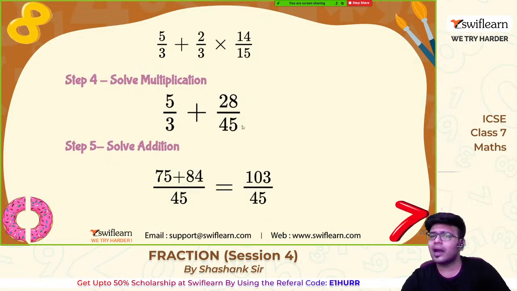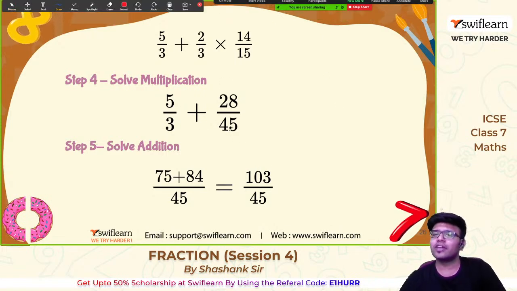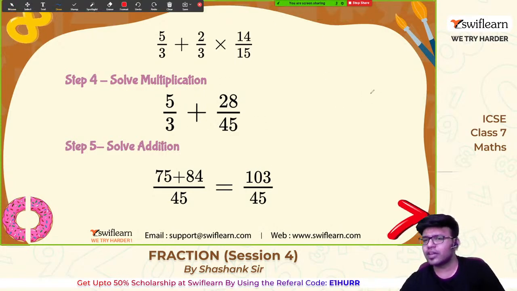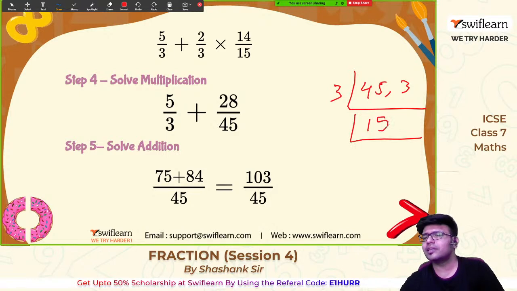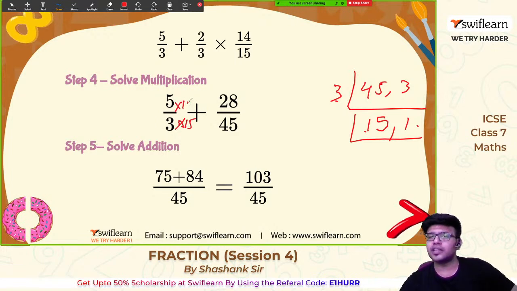Okay. Now add them. Take LCM. LCM of 45 and 3 is 45. See here. 3 1s are 3, 3 5s are 15, 3 1s are 3. Now we don't have any common numbers. So 15 into 3 into 1 is 45. So make this 3 now, make this 45. Multiply by 15, 15 3s are 45. 15 5s are 75. We got 75 plus